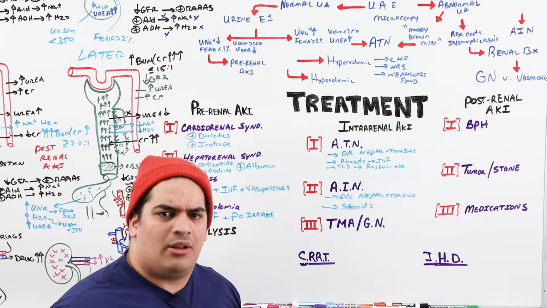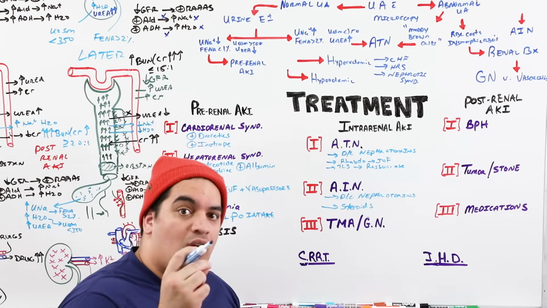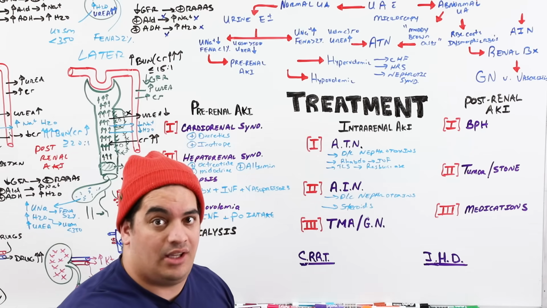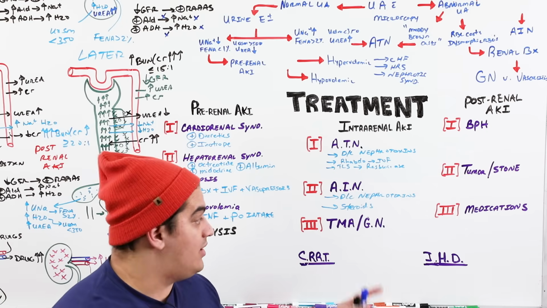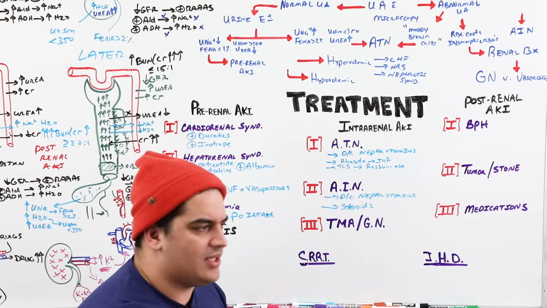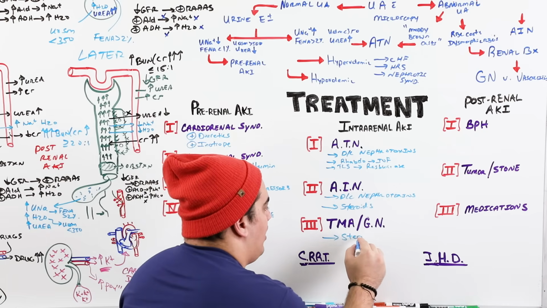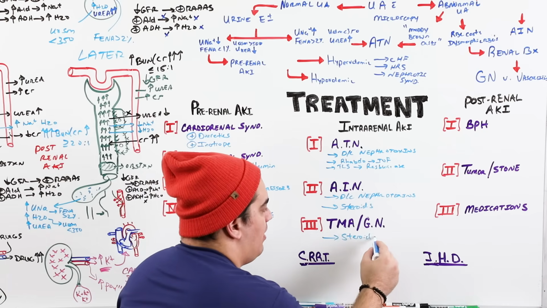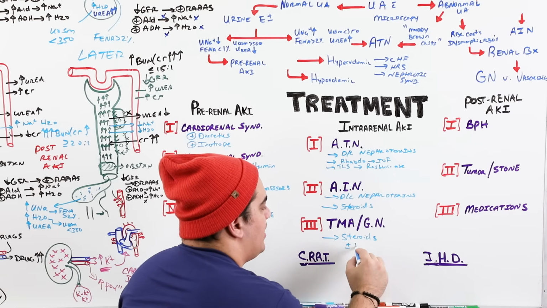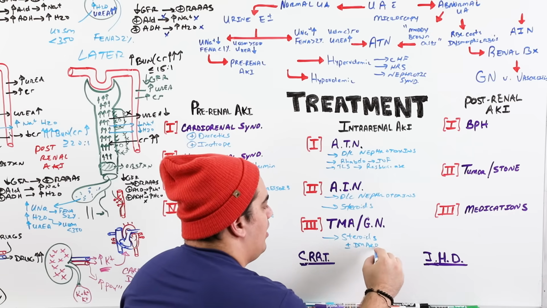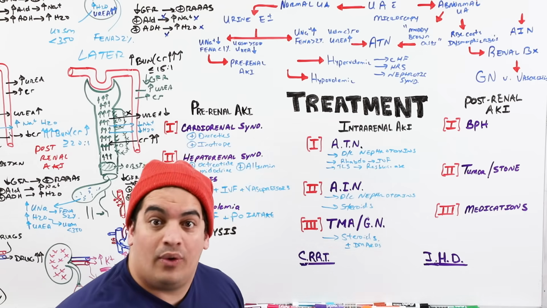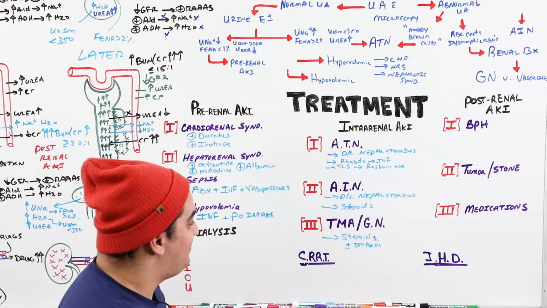Thrombotic microangiopathies and glomerulonephritis, you have to treat the underlying disease. You have to figure out what was the actual cause. Is it HUS? Is it TTP? Is it hypertensive crisis? Is it nephrotic syndrome, nephritic syndrome? All of those things. That's not something that we're going to go into right now, but sometimes these are kind of like autoimmune diseases, so they might respond to steroids plus or minus what's called DMARDs. So things like methotrexate, mycophenolate, cyclosporine, things like that, right?